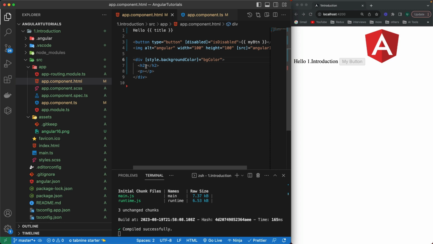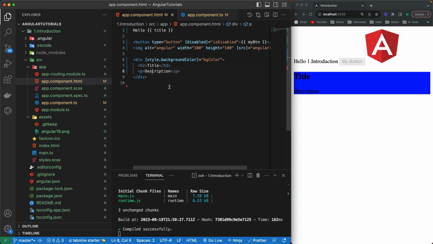So let's try to add some kind of content in my h2. So I'll be adding some stuff. So let's say the title, and it is the description. So let's save it. Now you can see that this rectangle is visible, and this background color is the property of this object style,